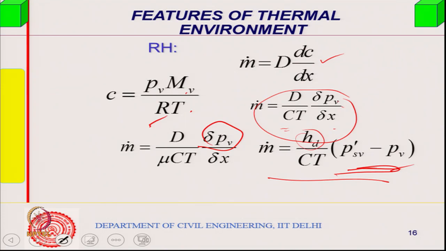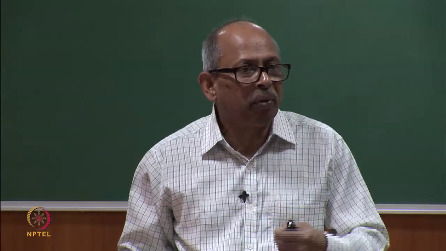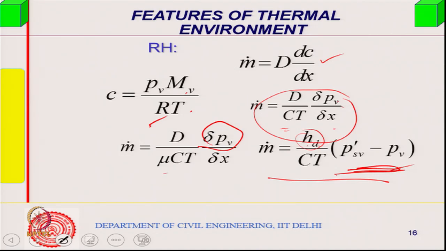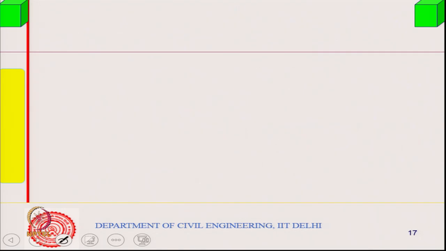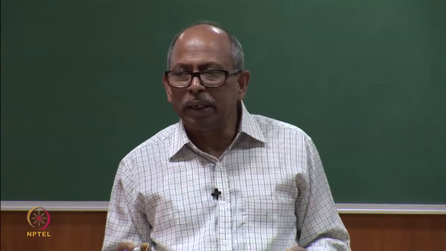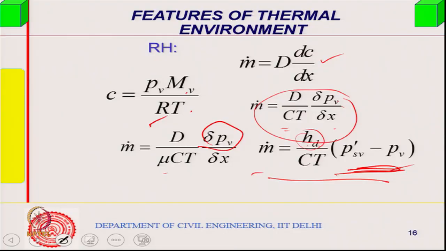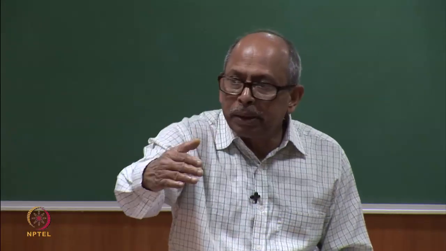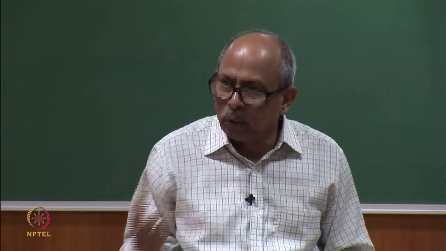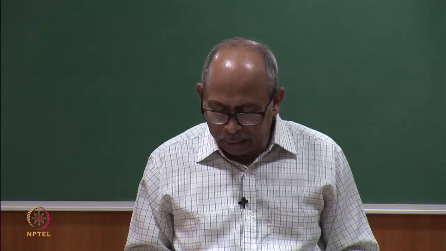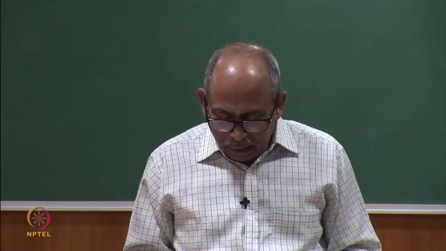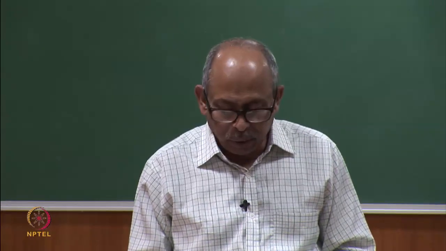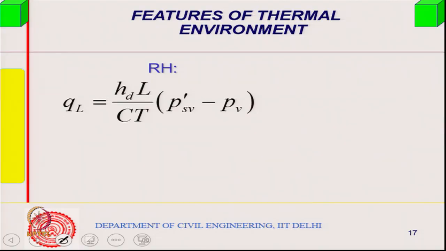coefficient, a vapor transfer coefficient, a convective sort of vapor pressure coefficient, which depends upon the vapor pressure difference. Ct remains. So, H divided by mu, d by mu is something like Hd, right. Therefore, one can express this rate as a vapor pressure difference: the saturation vapor pressure near the surface and the vapor pressure of the air away from the water surface or water body. Depending upon that, one can express it in this manner, right.